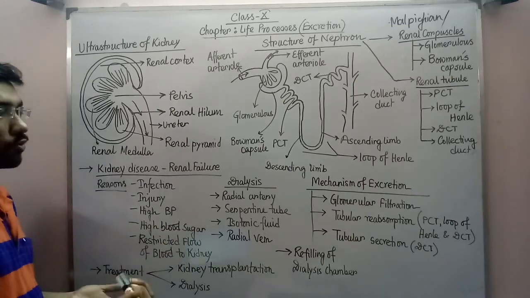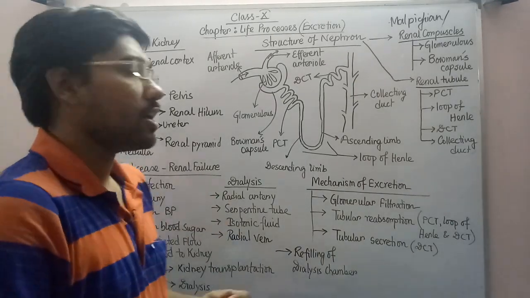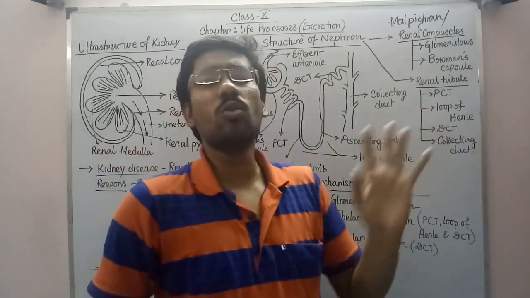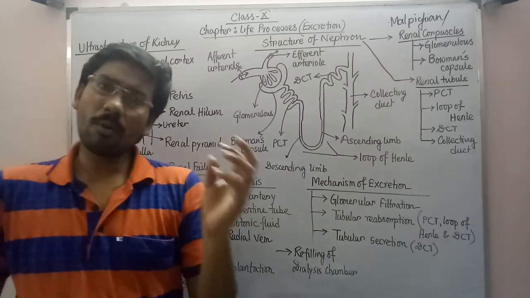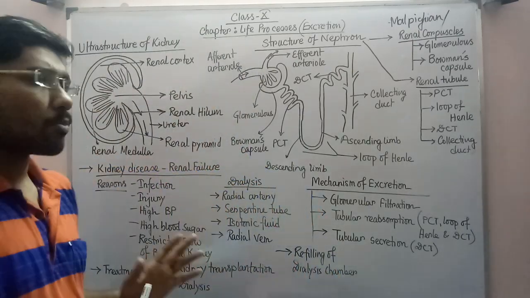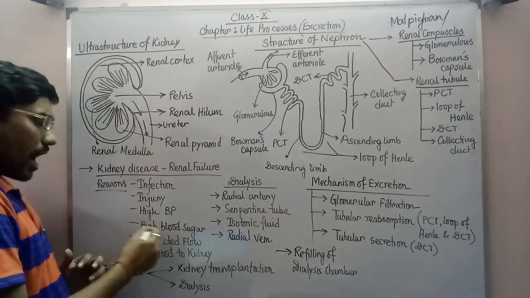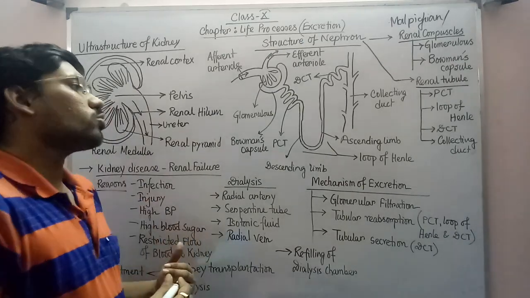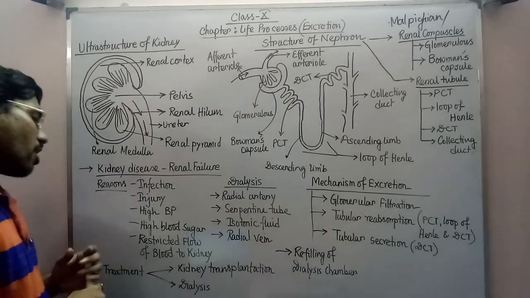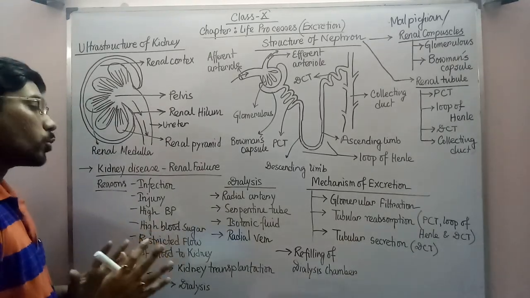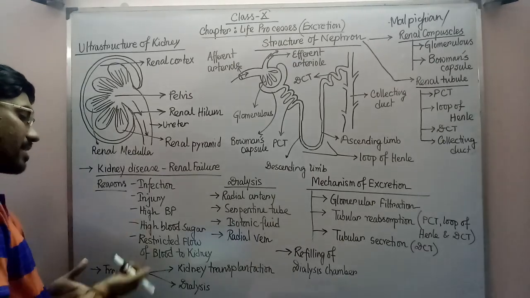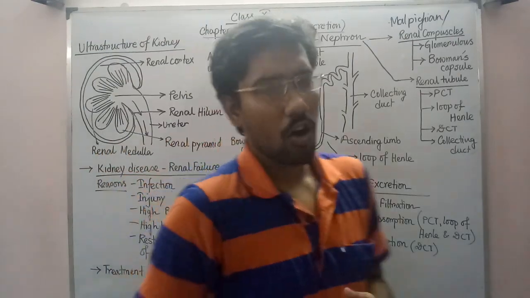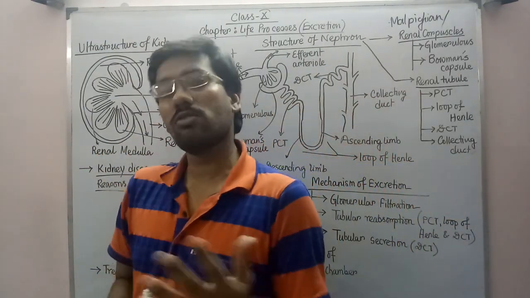High blood sugar also: in an individual whose sugar level is very high, after the reabsorption from the PCT region and from any other region, the entire glucose will not get reabsorbed. A small amount of glucose will be released through the urine. That is commonly known as glycosuria. So in high blood sugar patients, specifically, the sugar or carbohydrate is released through their urine. That is commonly known as glycosuria. Next, restricted flow of blood to the kidney. If the blood flow to the kidney through the renal artery or renal vein is restricted, then also the problem can happen.